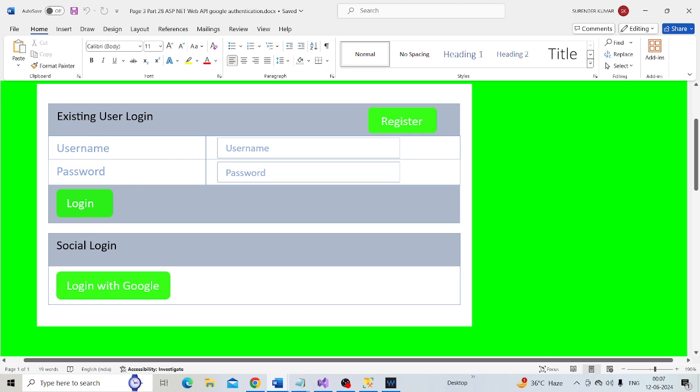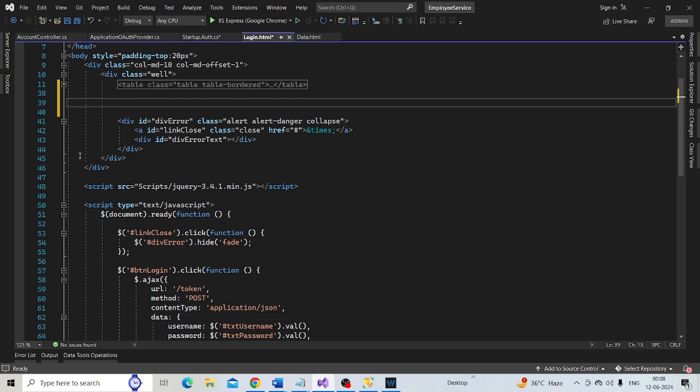To speed things up, I'm going to copy this HTML and paste it right here.